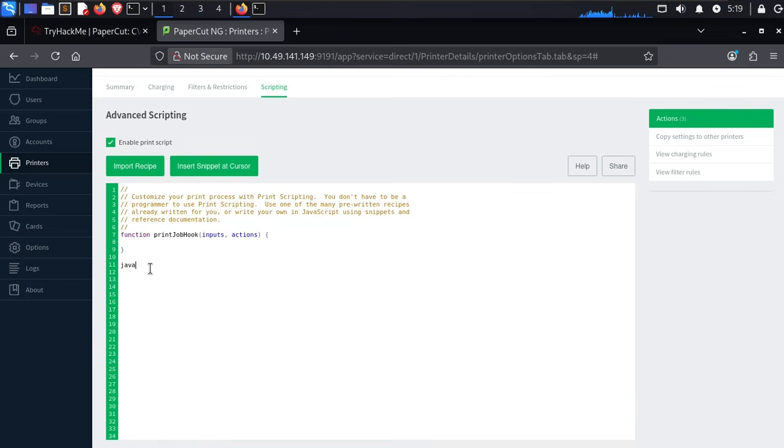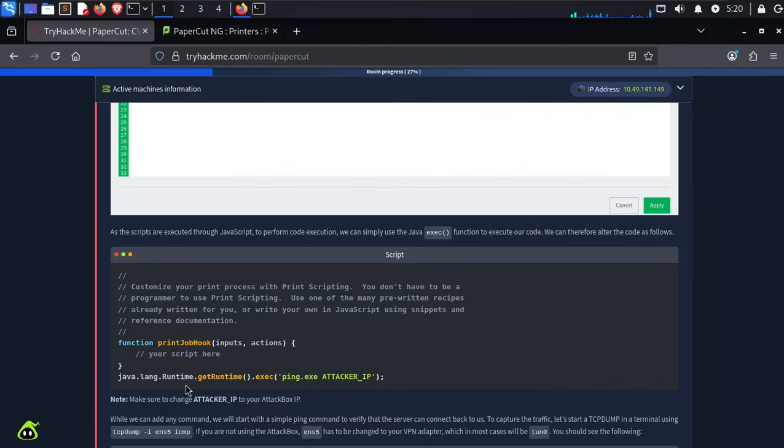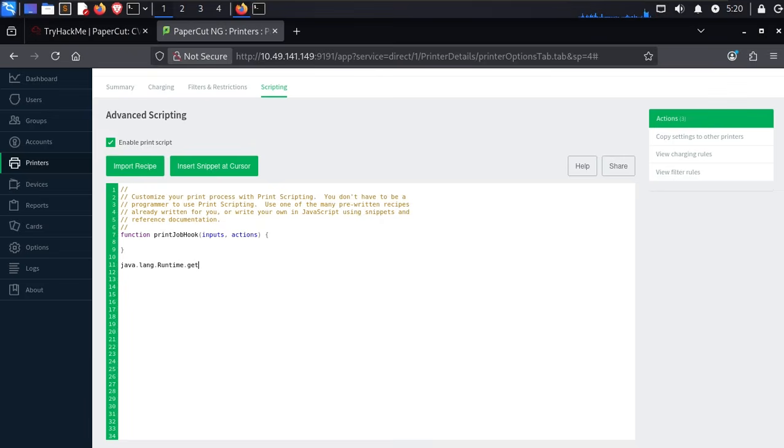So we need to run our own thing. That's why we need to write our code outside the function. So java.lang.Runtime, I guess, yeah, Runtime.getRuntime().exec